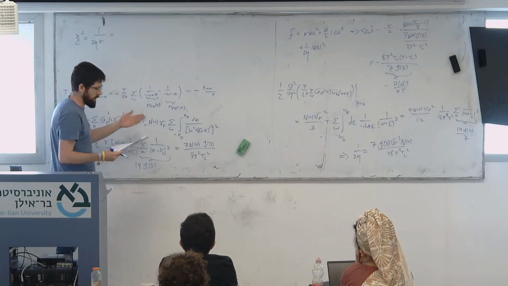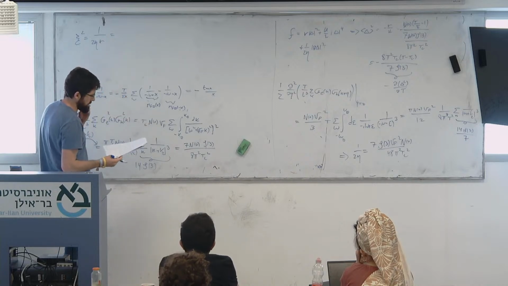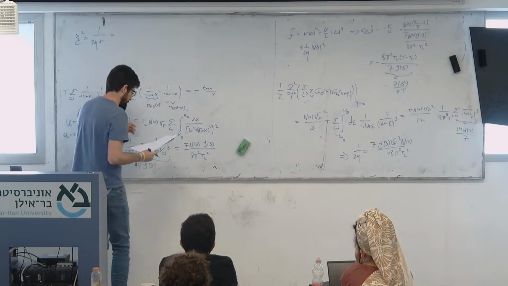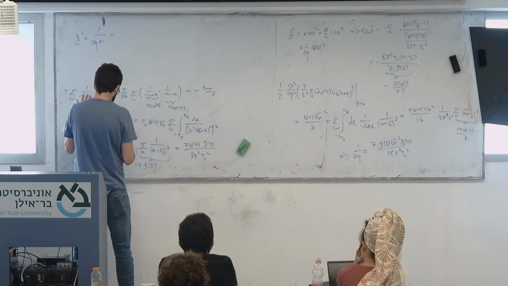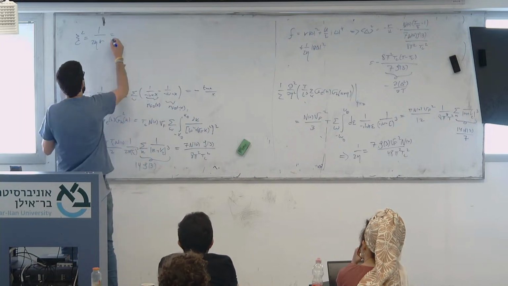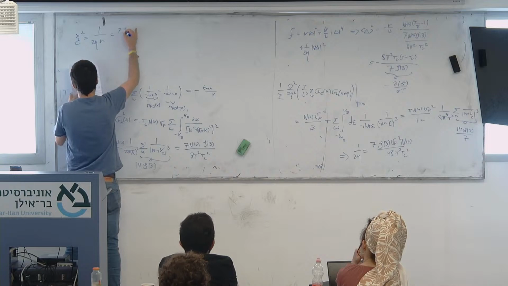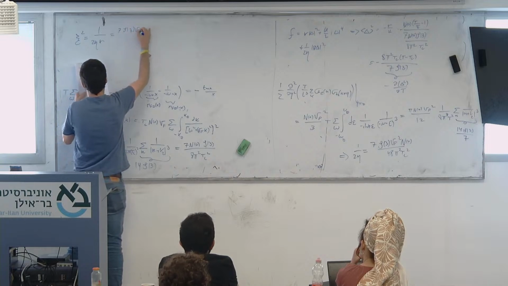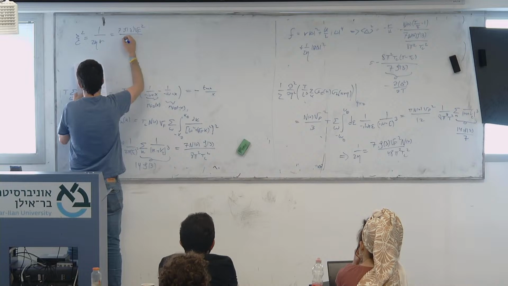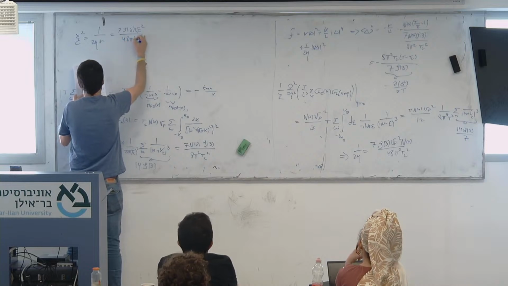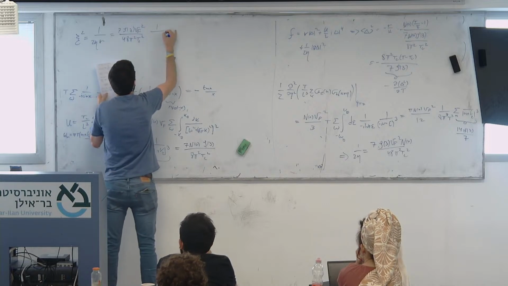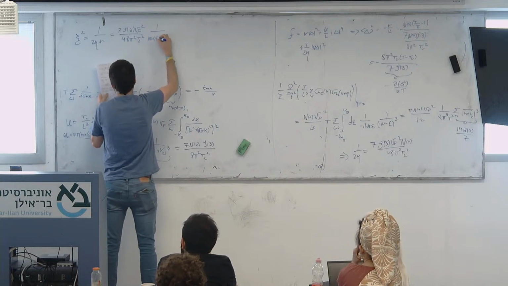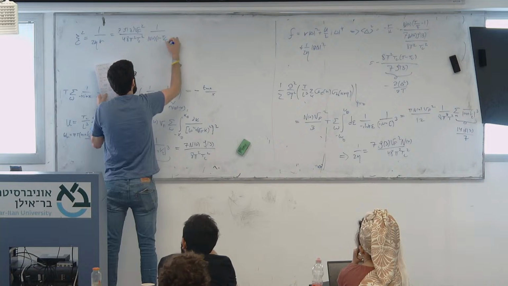If you remember, it comes from this solution, this is how we defined it. So this comes out to be 7 zeta of 3 v_F squared divided by 48 pi squared T_c squared, 1 over n(0), 1 over t over T_c,